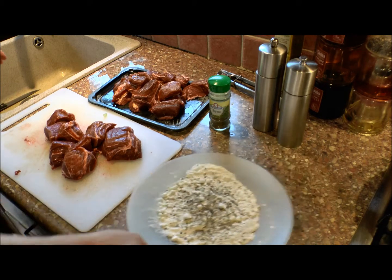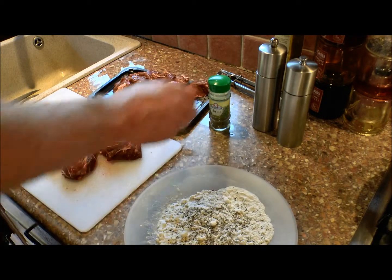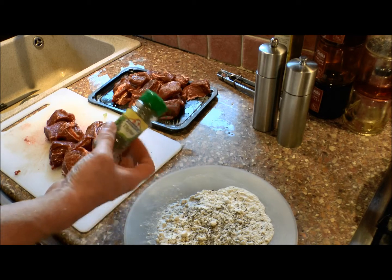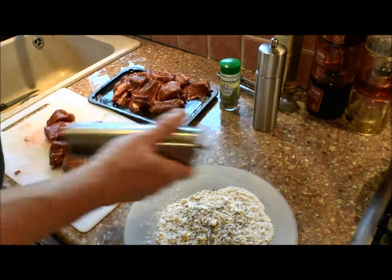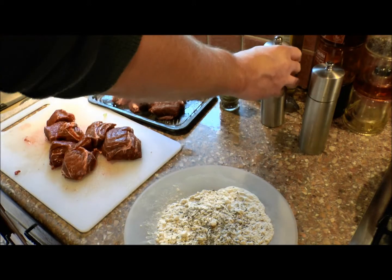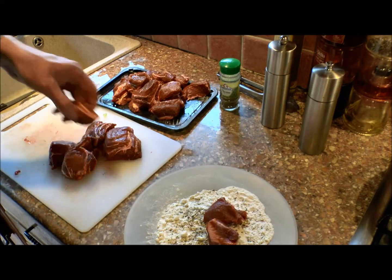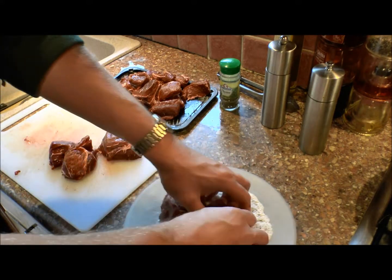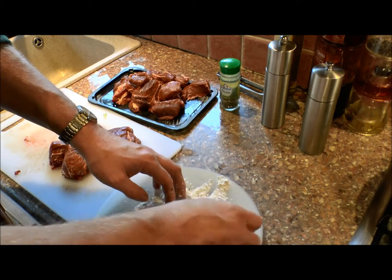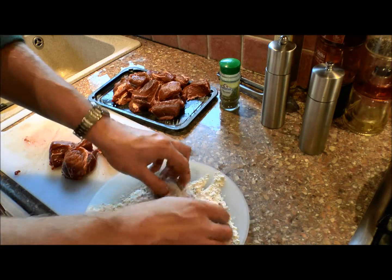Now what we're going to do in batches, I've got a couple of tablespoons of flour here, plain flour. I've put in some herbs, some thyme in this case, dried thyme, a sprinkle of salt, a sprinkle of pepper. And all we do is take our meat, put them in the flour, get a nice little dusting of flour on the meat,